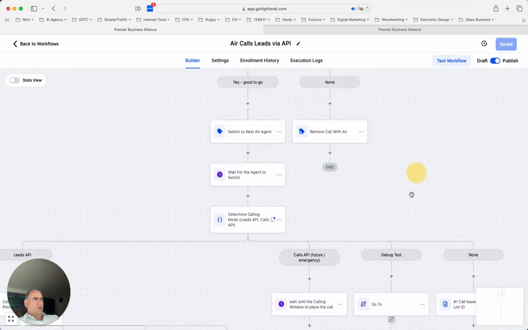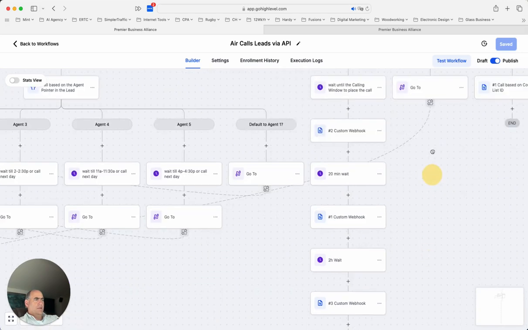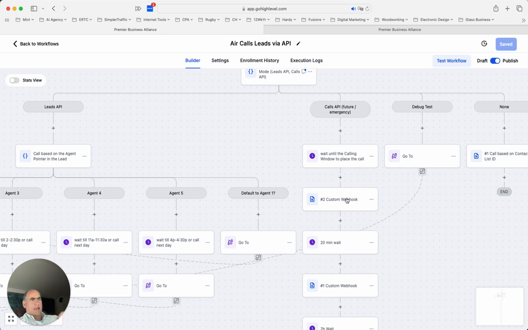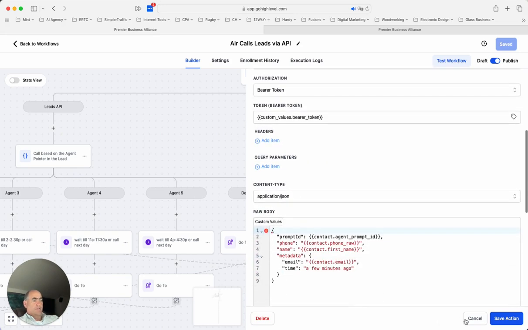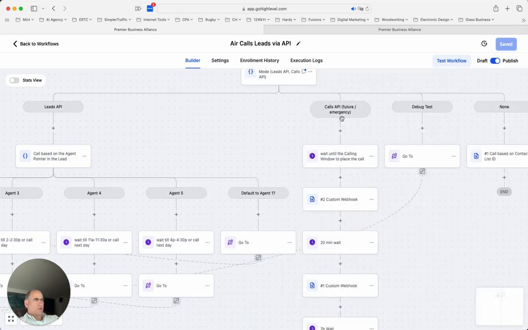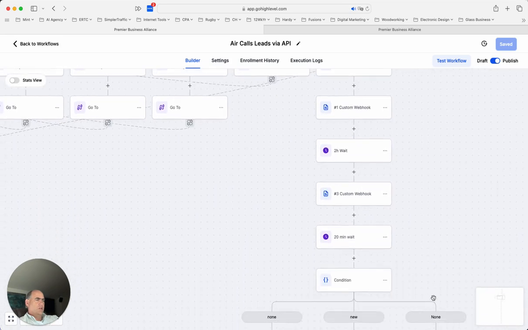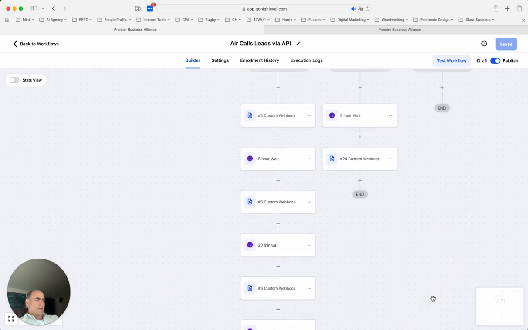Take this sequence, put it over there, set the global variable to be a calls API, and modify this, obviously you're going to change the account that it's using, etc. You'd have all of the email, or the prompt ID, etc., all built into it if you were using this kind of a system. Or you could have it rotate and call from a different voice each time. I don't know that that's that useful for a birthday club, but it might be. And then give them a call here.